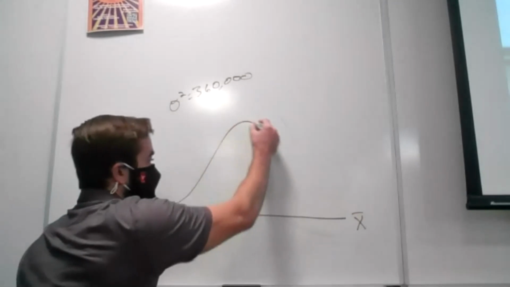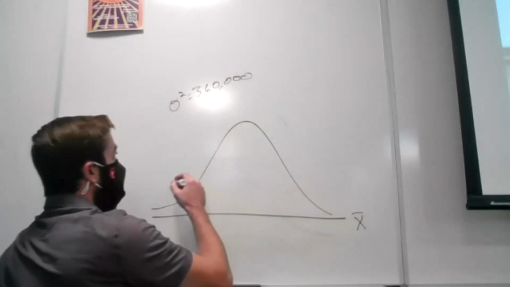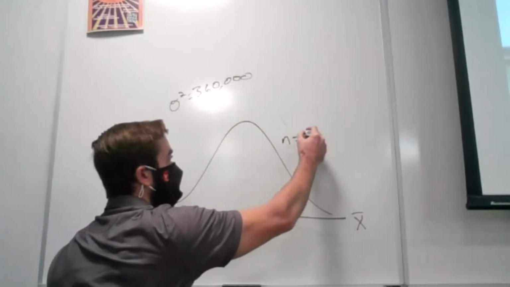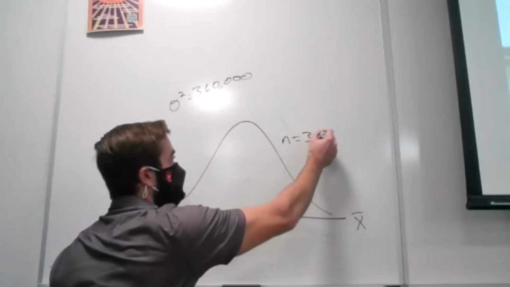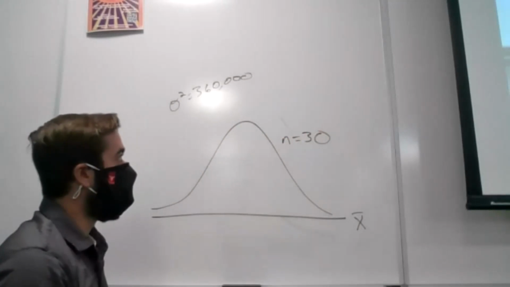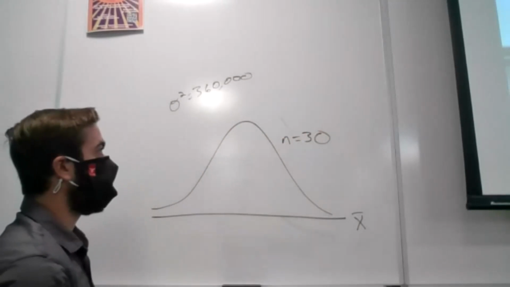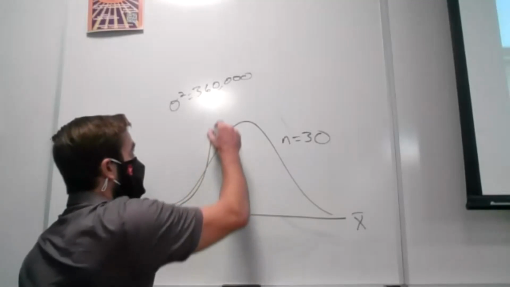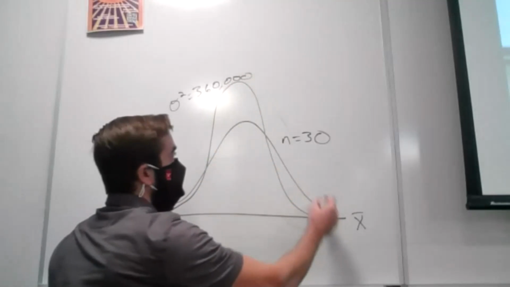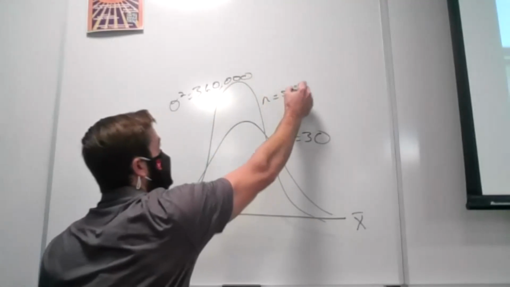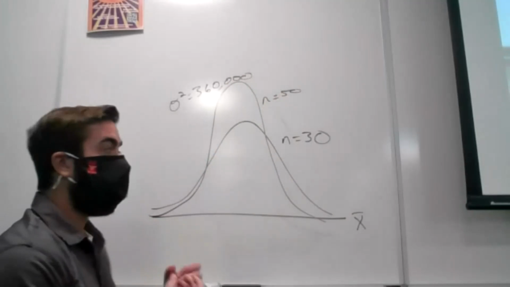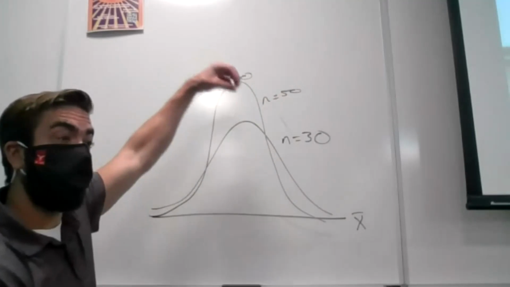So I have this normal distribution, and this is for my sample means when I take samples of size 30. If I take samples of size, say 50, what I know is going to be true is, right, the variance or standard deviation is going to get smaller,